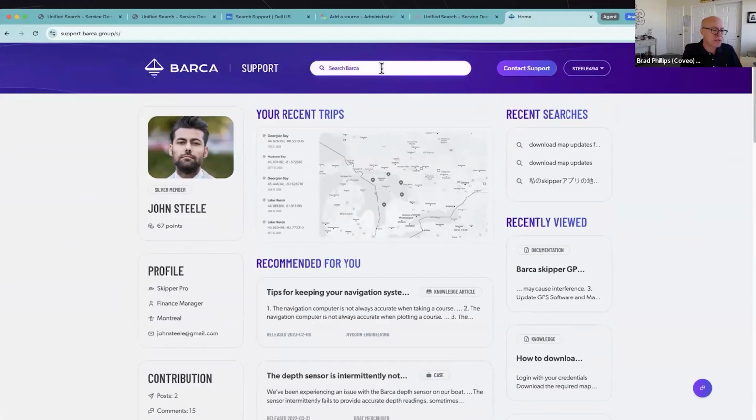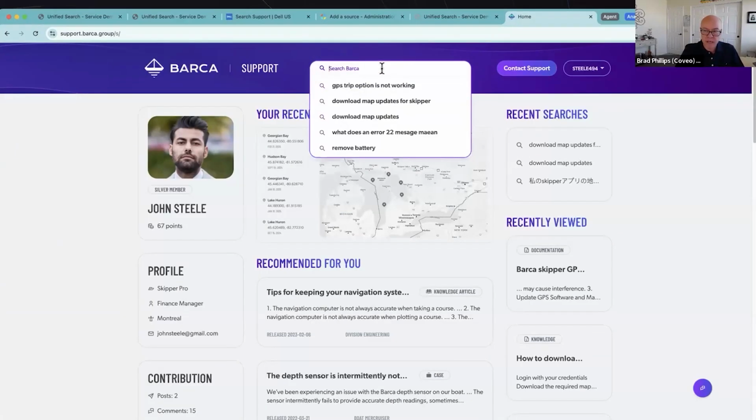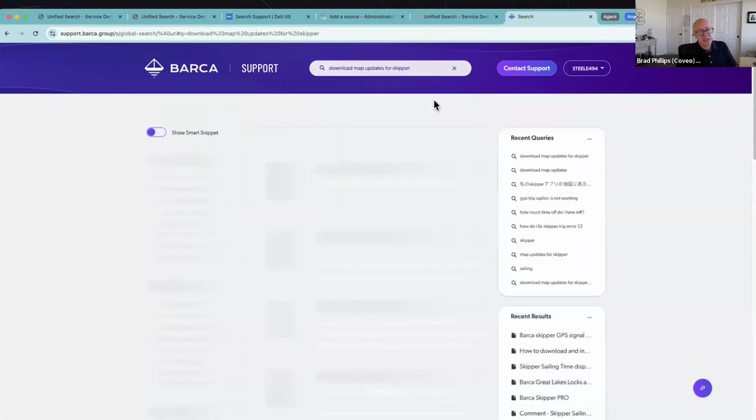Now, of course, that personalization is going to come in when John searches as well. So let's go ahead and perform a search. Let's look at Coveo's heritage, which is providing very relevant unified search results. So I'll do a query here. We're using one of our AI models for suggesting queries, especially in this brave new world of natural language queries. Sometimes it's just challenging to know what to ask or how to ask a question. So Coveo is going to help with that with our query suggestions. But let's ask a question here.